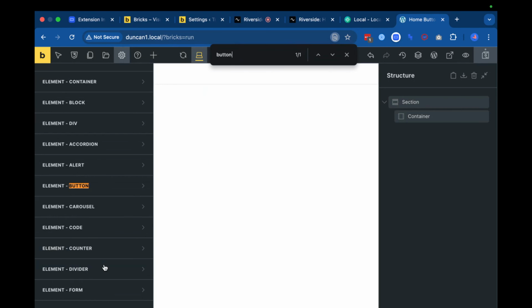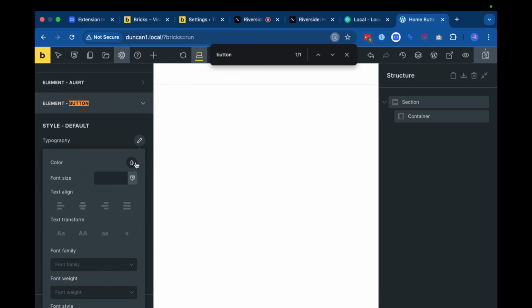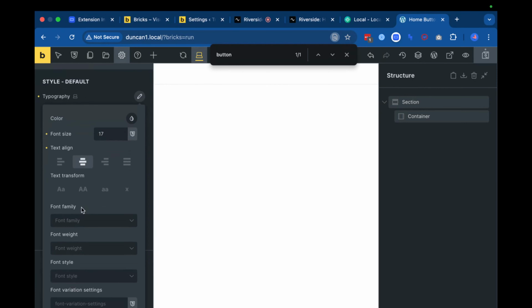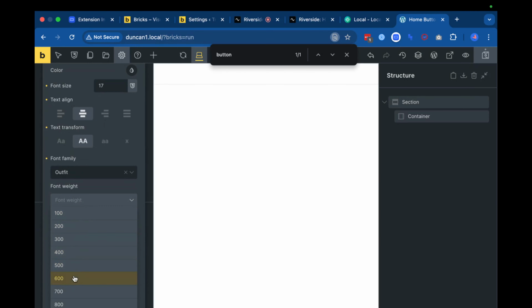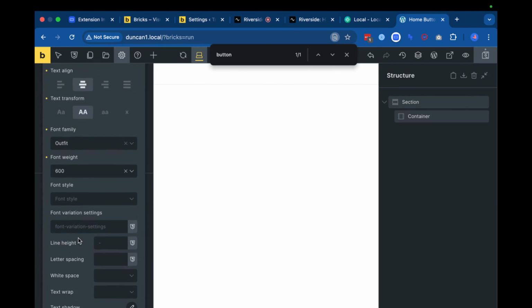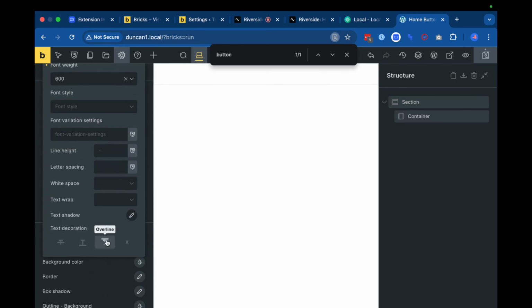So imagine if you could tell Webflow, hey, all buttons should look like this by default. You can override them with classes, but you can do all of this for sections, containers. It saves you a lot of time. So this is a really cool feature. We won't get too much into it in this video, but this is something Webflow doesn't have that I find really, really useful. So I'll let you just click around